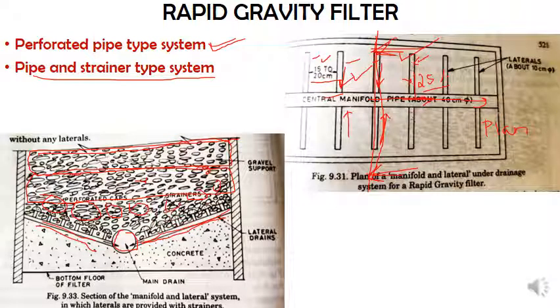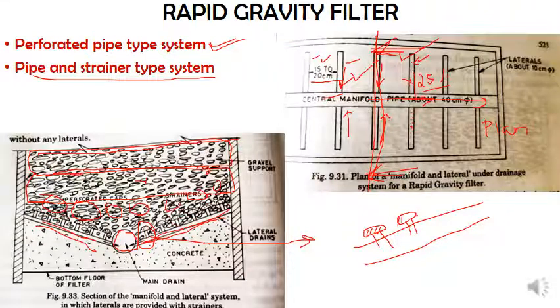You can see this small section here. If I enlarge it, imagine this as your lateral pipe, and on top of that lateral pipe, instead of the holes we provided in the earlier case, you are going to provide strainers, or what we call traps. In your bathrooms you might have seen your gully trap. Even here, similar kinds of things are going to be there, in place of the perforations or the water outlet.